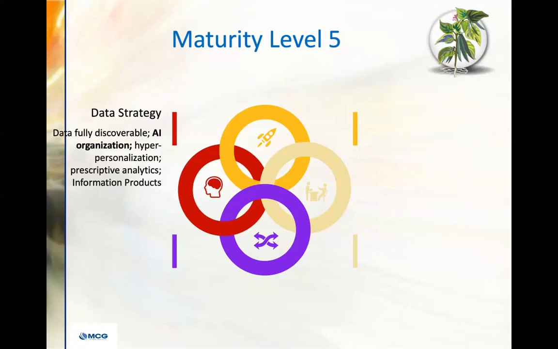And finally, maturity level 5, why not? Let's just finish it. And this is going to be only some of you right now, a handful, but data strategy, you're an AI organization. You can say with a straight face that AI has changed our organization. And whatever we do, we're really an AI organization. Remember, we used to hear that about companies that are data organizations. That's great. And I say you also can be that. But at level 5, you're an AI organization. Hyper-personalization, prescriptive, not just descriptive analytics. And you're developing information products with your data, selling data appropriately.